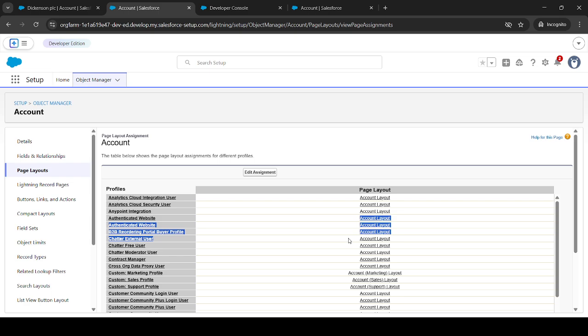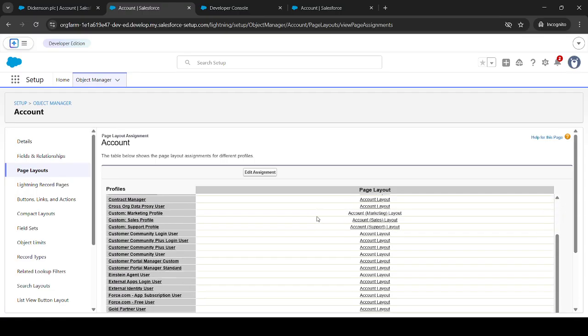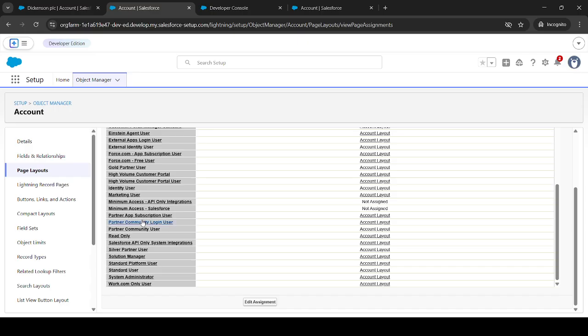A sales executive wants to see some basic fields to be populated and filled by them. A sales manager may have different sections and different fields to be concerned about, right? So you can create a different page layout for the sales manager and assign it to a different profile. As system admin, you can create a different profile for different users. For the sales executive, you can create a sales profile. For the sales manager, you can create a sales manager profile. So the profile is nothing but